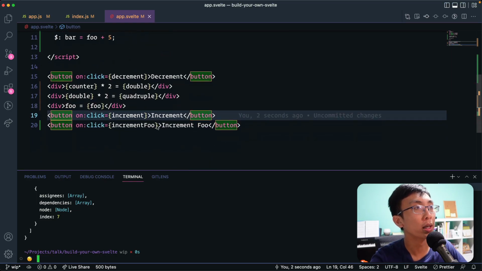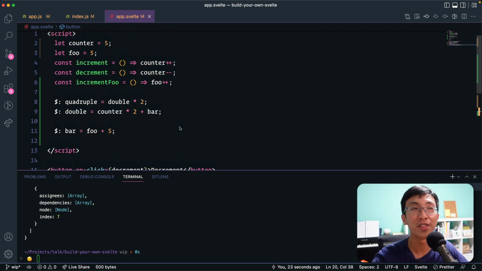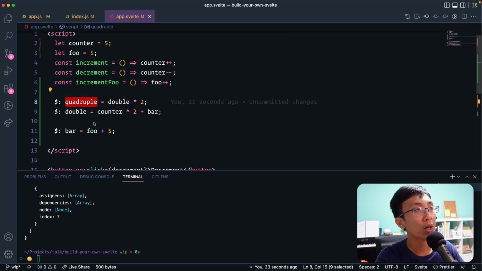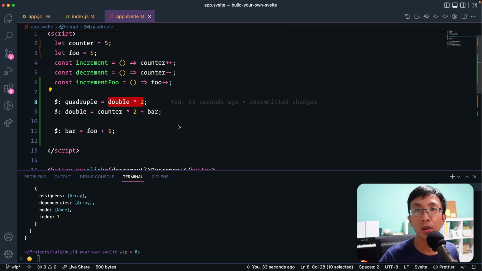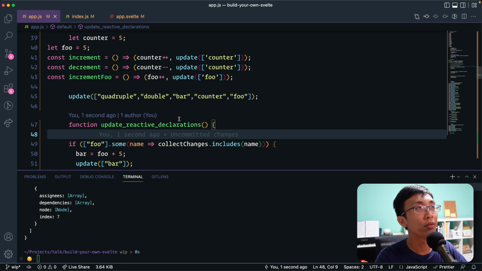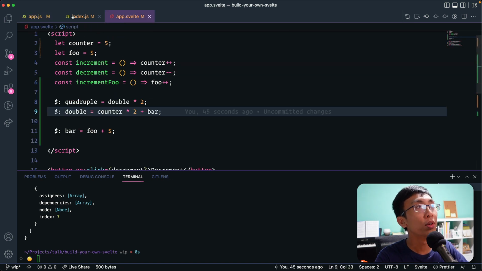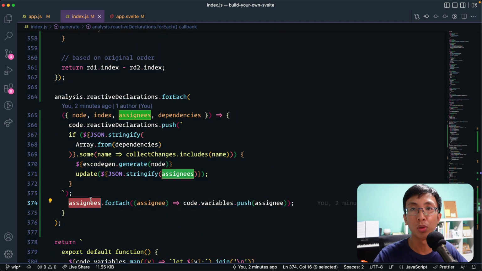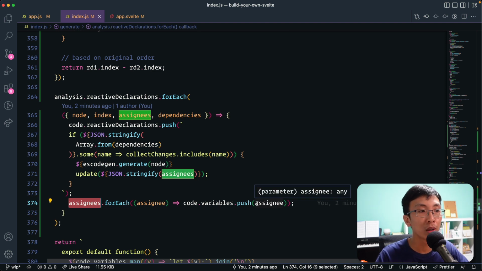Okay, so I guess that's it for reactive declarations. We've kind of handled most of the cases. Of course, we do have some assumptions when we implement this. We assume that this is always one variable, and that these are normal assignments. This whole statement is an assignment, but the idea itself is the same. We have to collect what the assignee is, what will change, and what the dependencies are, basically what it depends on,